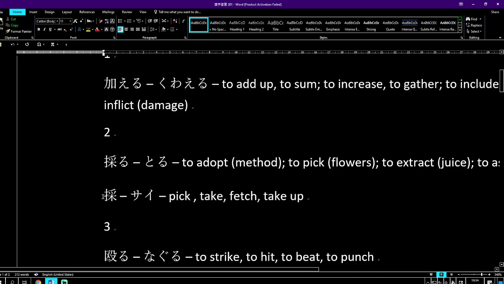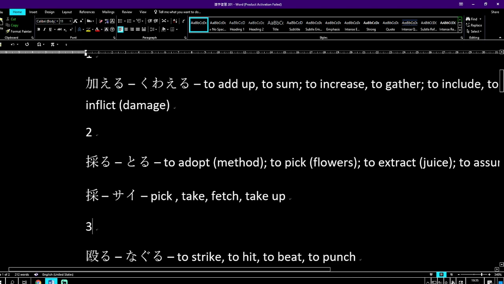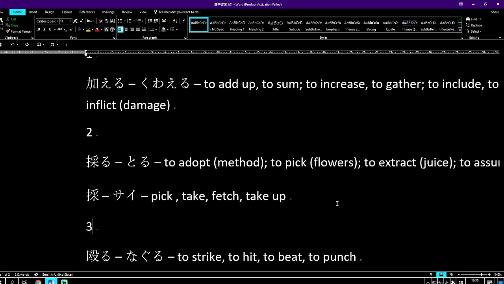Radicals in this kanji are a hand on the left side and a claw or an animal hand on the top, all over a tree. I'm going to think of this one as toru, the hand of both humans and animals can pick something or extract something, or like to pick berries or something like that. So to pick, take, fetch up is sai or toru. Both humans and animals go foraging for flowers. Toru or sai.